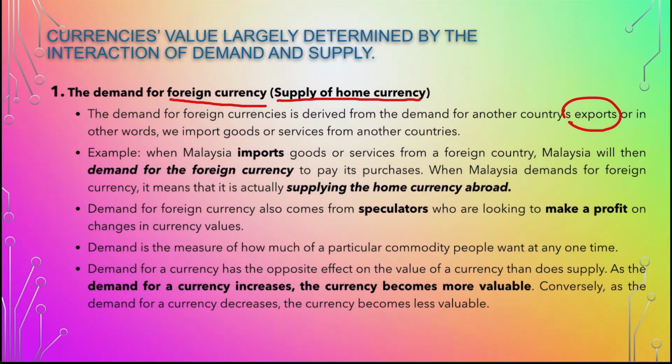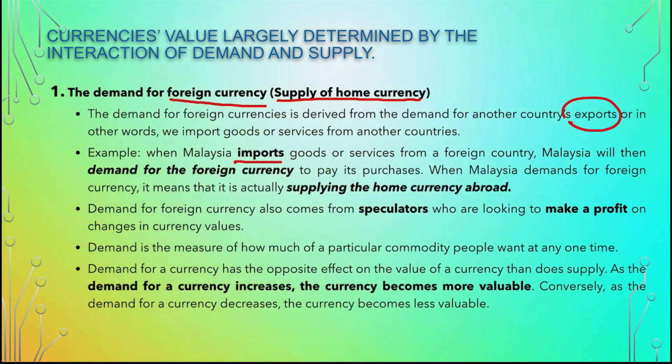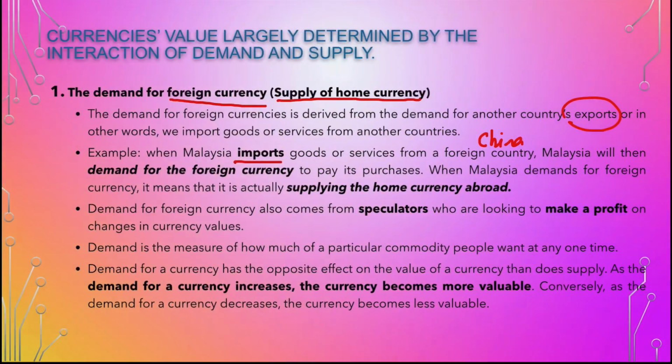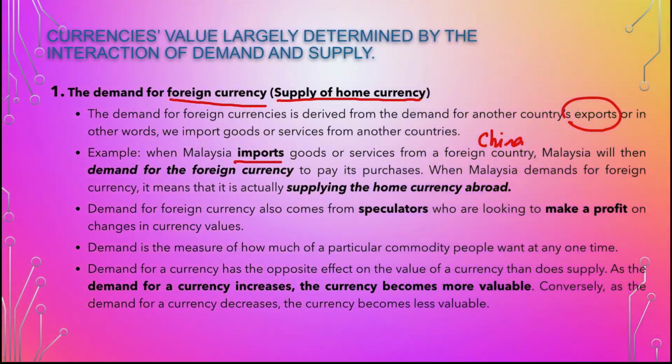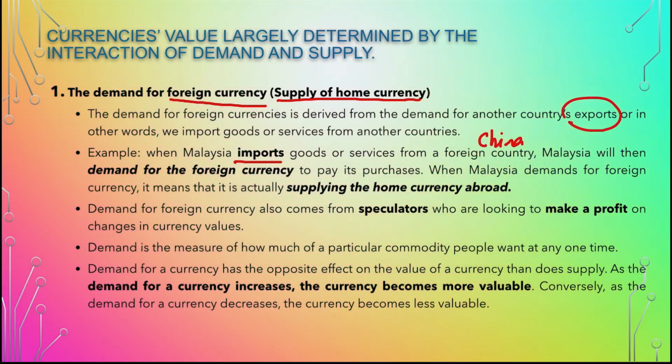For example, when Malaysia imports goods or services from a foreign country, for example China, Malaysia will then demand foreign currency to pay for its purchases. For China, that means Malaysia will demand yuan